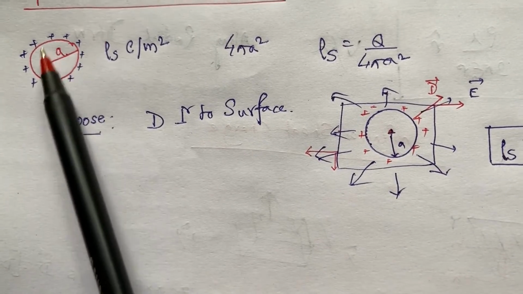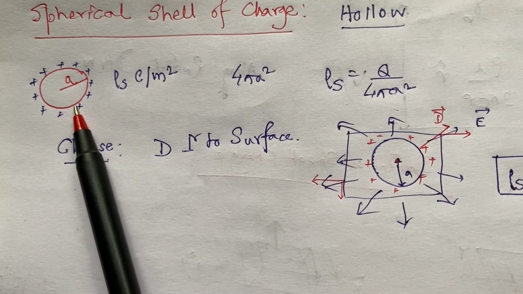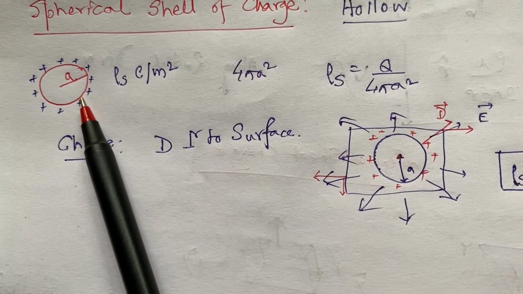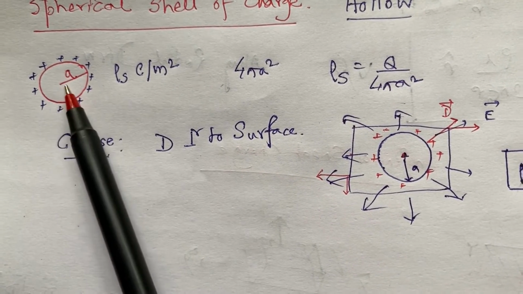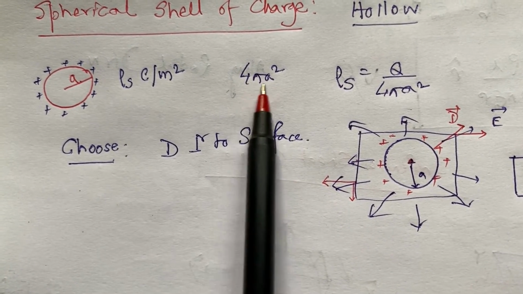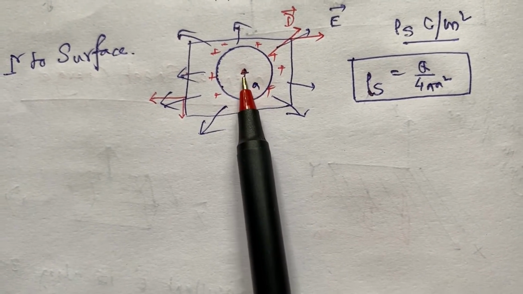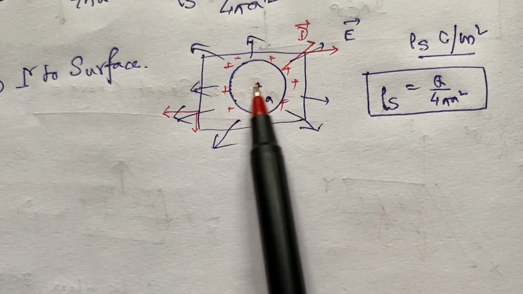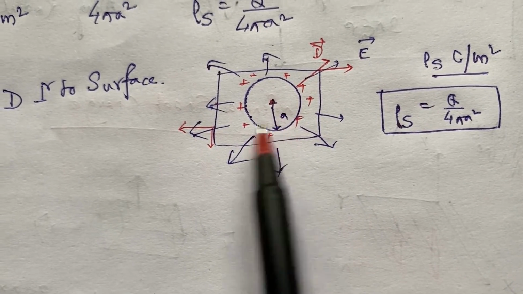And if we consider this spherical shell of charge, and if this shell of charge is conducting, then all the charges must reside at the surface, as the shell is a conductor. And the surface charge density can be called rho s, coulomb per meter square. If the shell is of radius r, then its surface area must be 4 pi r square. Now this is a very general discussion. If we have a shell and all the charges are residing at the surface of the shell, as this shell is a conductor.